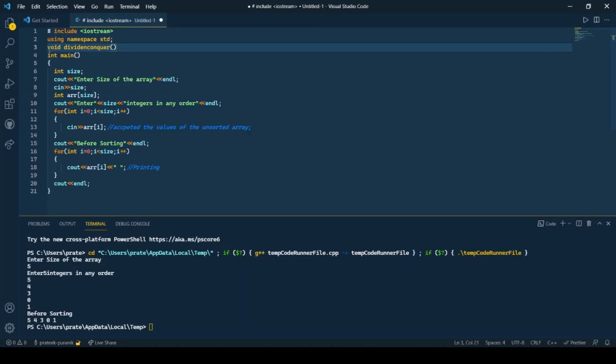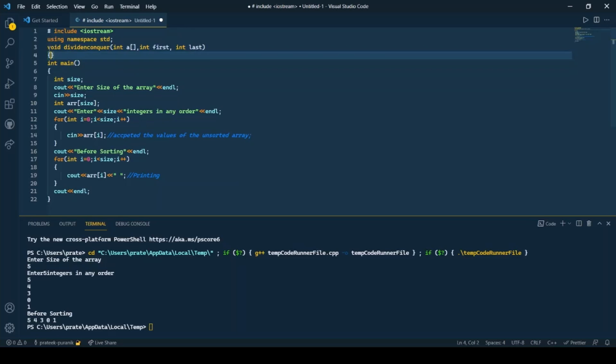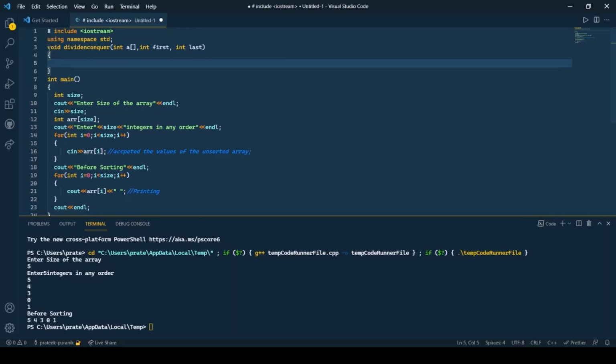Over here we'll be accepting the array, that means a comma, then the value of the first element and the last element, the last position and the first position. So over here we have initialized the divide and conquer.